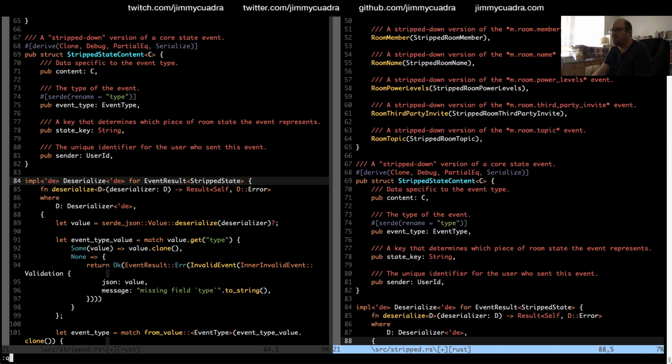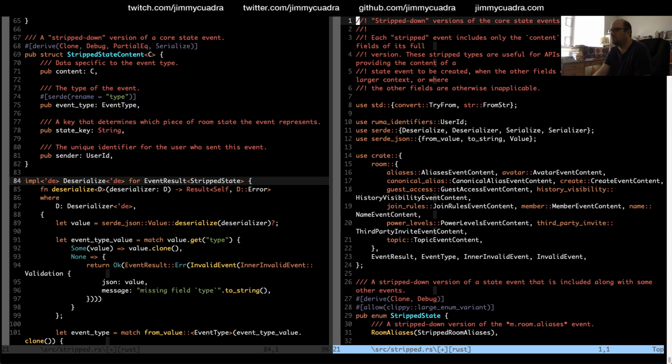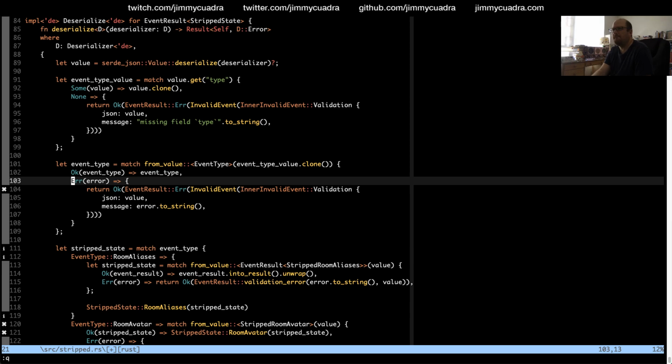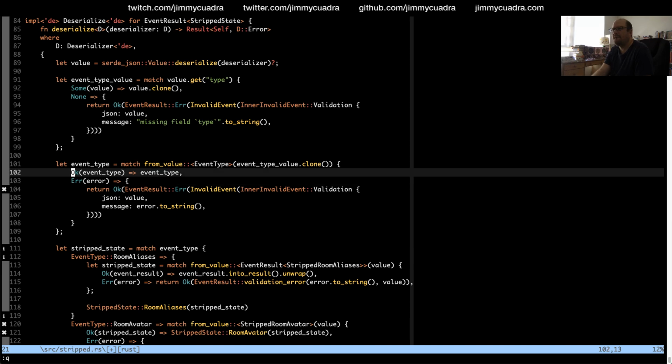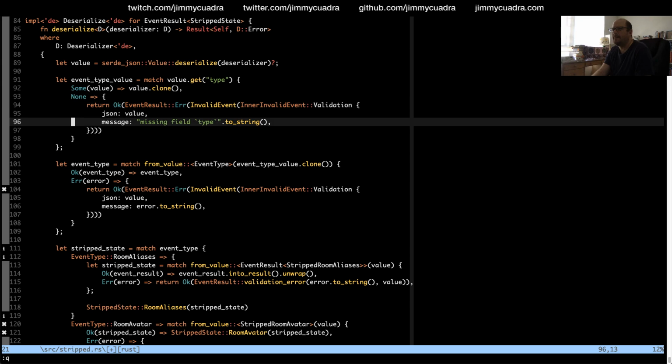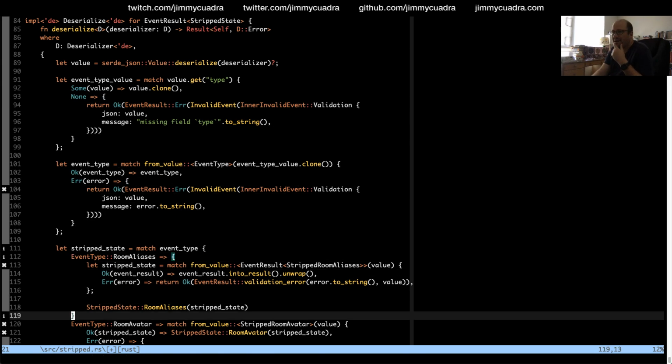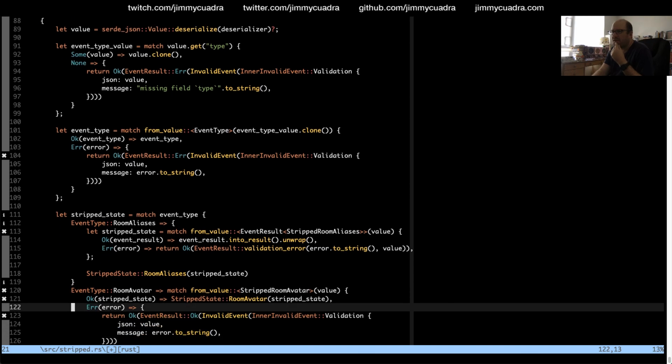So let's go back to... Close that extra buffer for now. Okay, so we've got the event type, stripped state, so we're matching on the event type. And for each one of the...